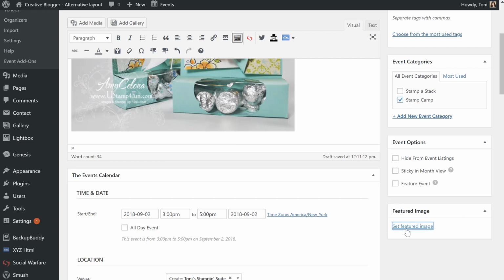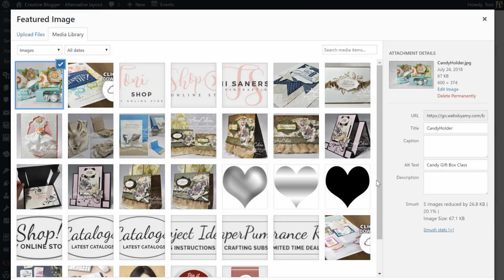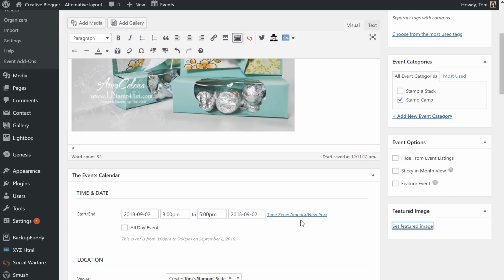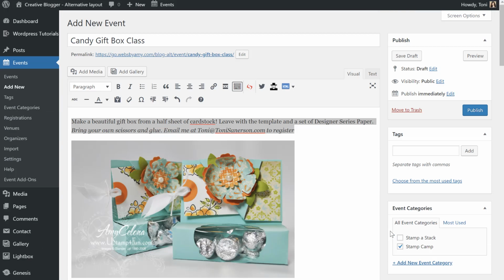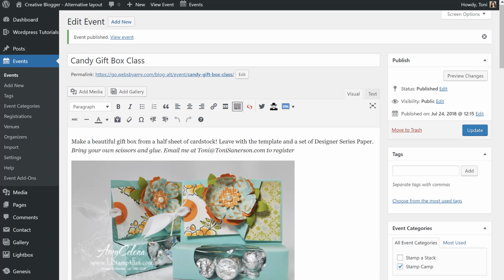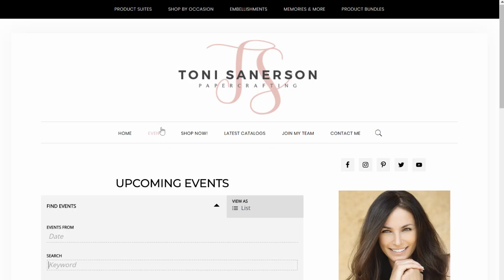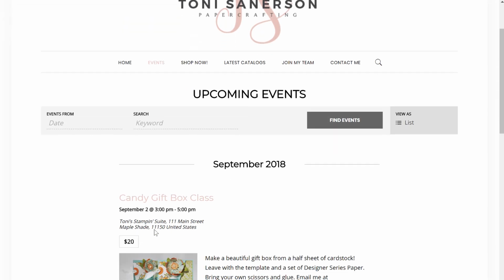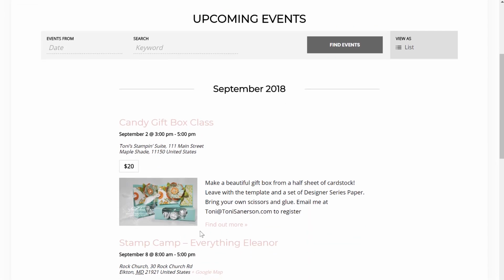And then very important, you want to set a featured image. Nine times out of 10, it's going to be the same image that you used in here. So now we're going to publish this. Okay. And then let's look at what the events look like. I forgot when I made it. Okay, September. So this shows up first, and if I click on it,